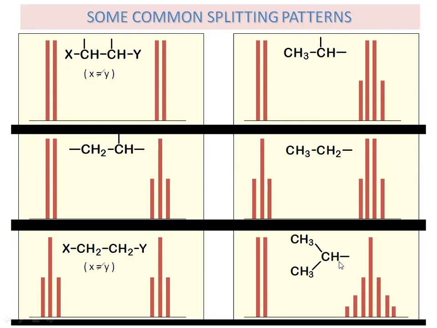Here in this case, you can see that this is the proton wherein it can see 6 neighboring protons. So 6 plus 1, it's going to come out as a septet. While these two sets of protons, so total 6 protons, are chemically equivalent to each other, and they will see one neighboring proton, the methine proton, and that signal will come out as a doublet.